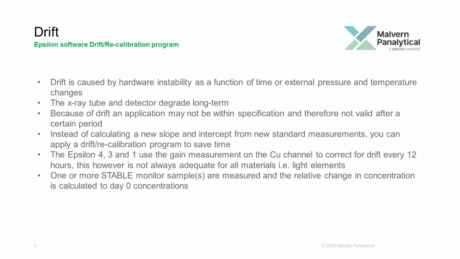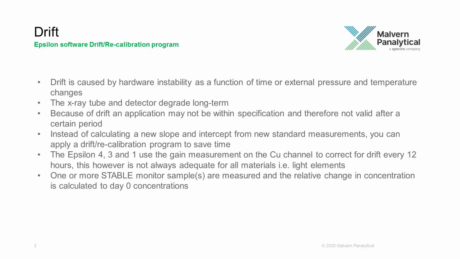Drift is caused by hardware instability as a function of time or external pressure and temperature changes. The X-ray tube and detector degrade long term. Because of this drift, an application may not be within specification and therefore not valid after a certain period. Instead of calculating a new slope and intercept from new standard measurements, you can apply a drift/recalibration program to save